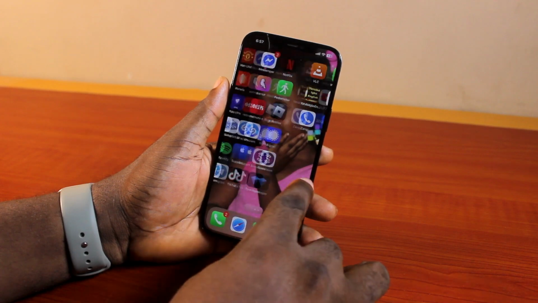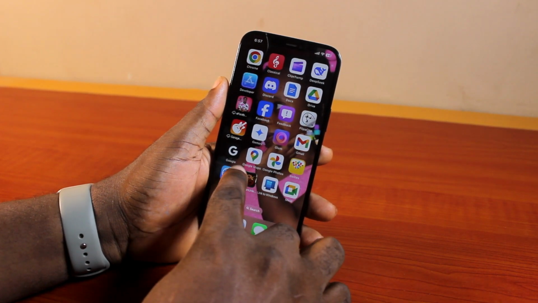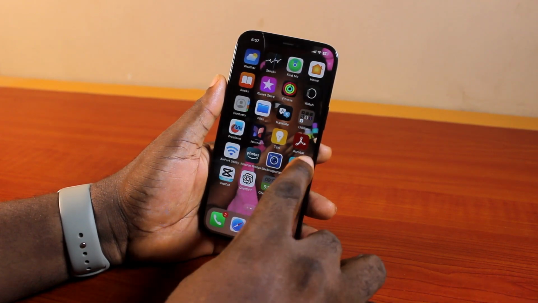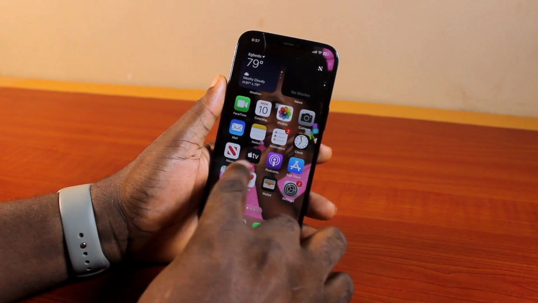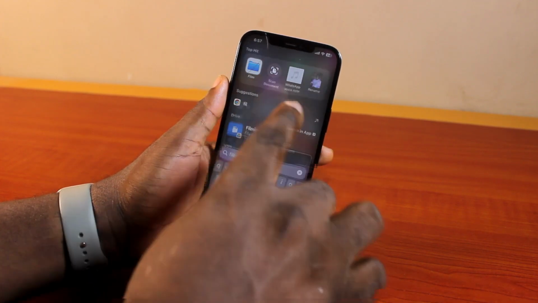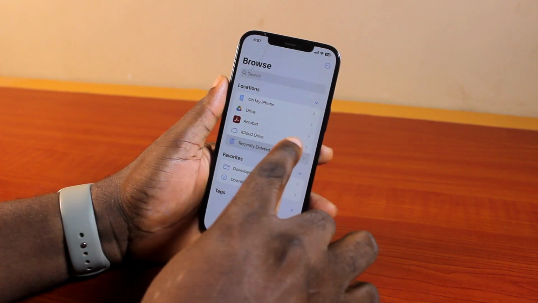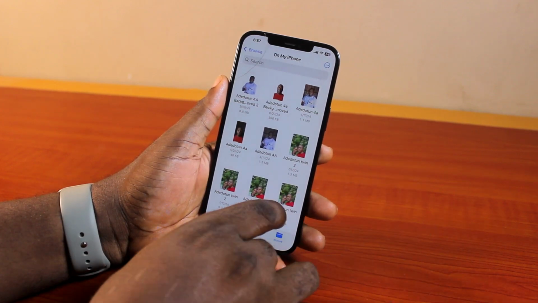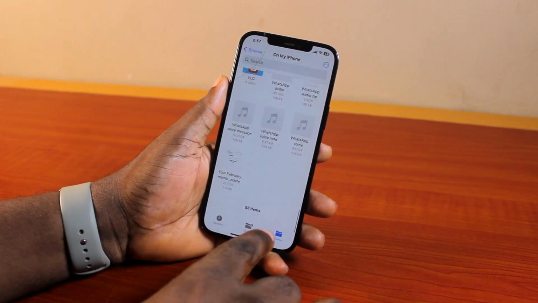Now exit this, go ahead and open the Files app on your iPhone. So just scroll through and then open the Files app. If you couldn't find the Files app, use the Spotlight search and search for Files. Open it, then come back to My iPhone, and then you should be able to see the WhatsApp voice note